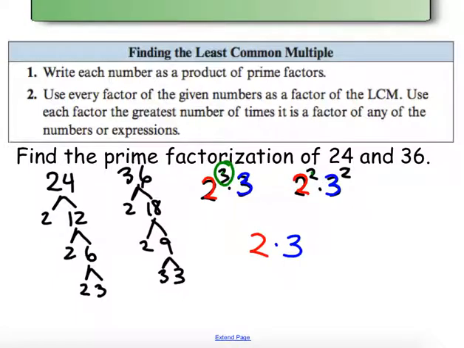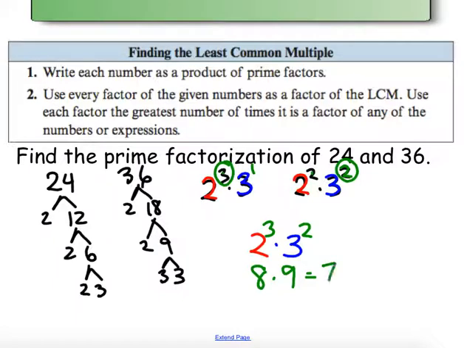3 is bigger, so I'm going to be giving my 2 an exponent of 3. And for my 3's, I have an exponent of 1 or an exponent of 2. Well, in this case, I want the biggest one, so I go with the exponent of 2. What we're doing is representing the biggest factors in order to find the least common multiple. In this case, we end up seeing that we get 8 times 9, which means that our least common